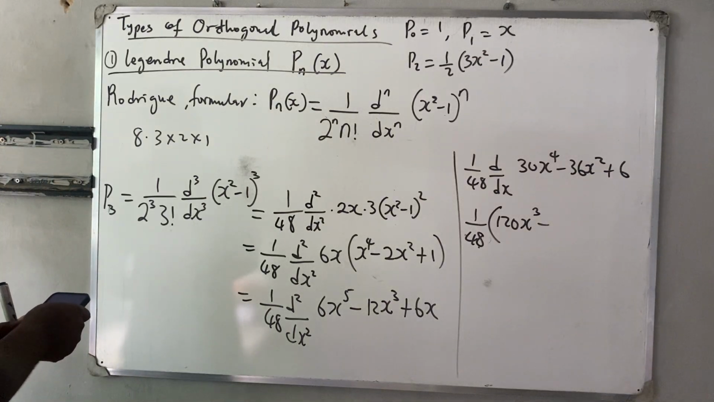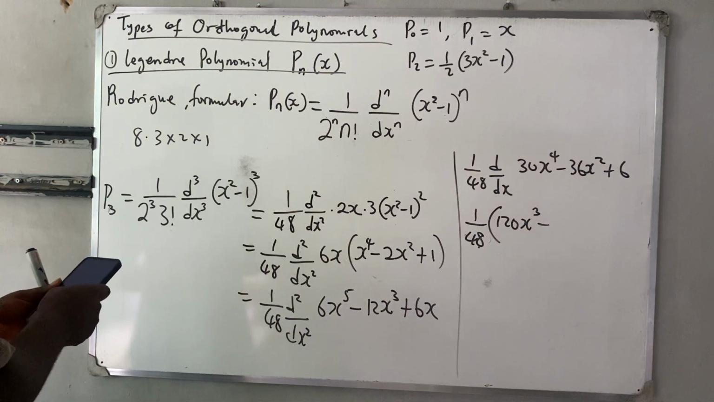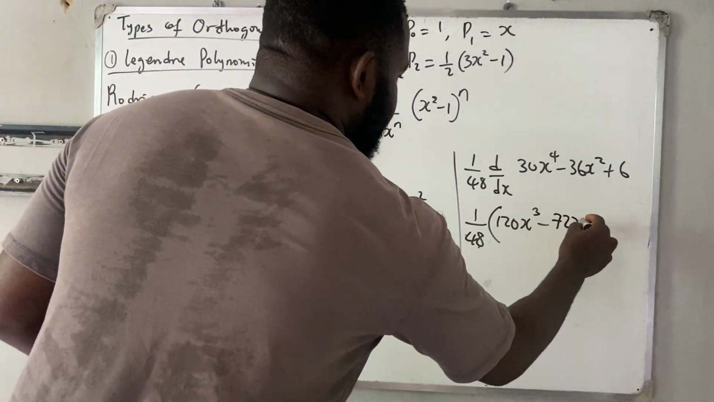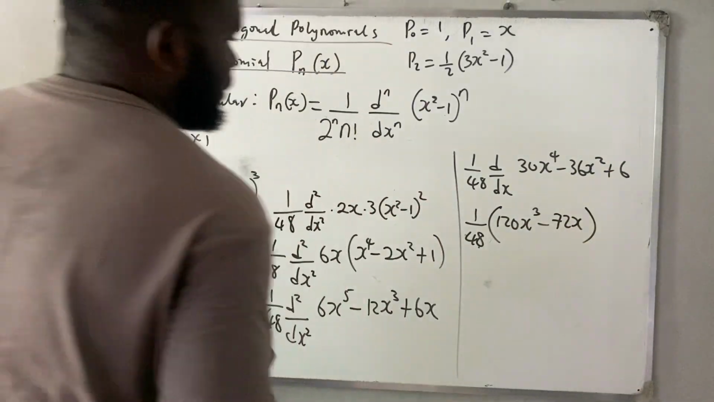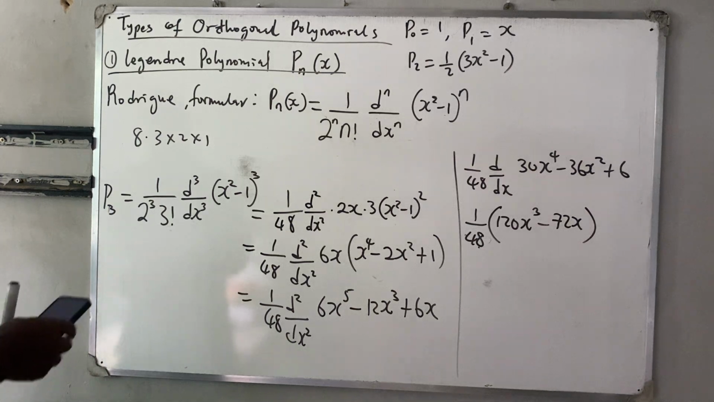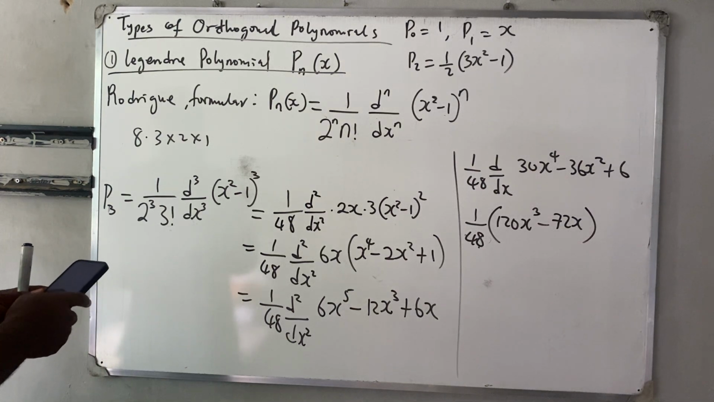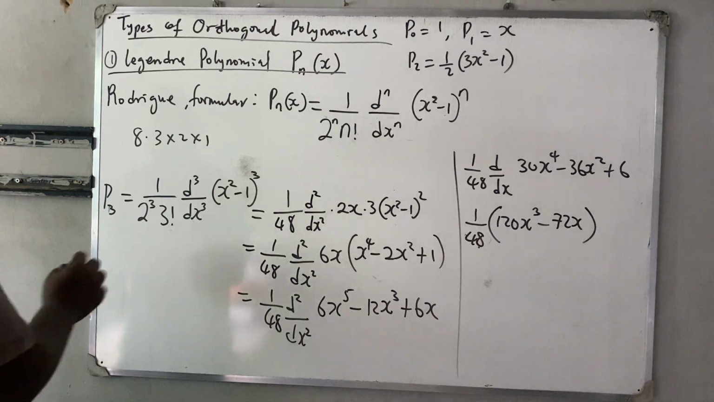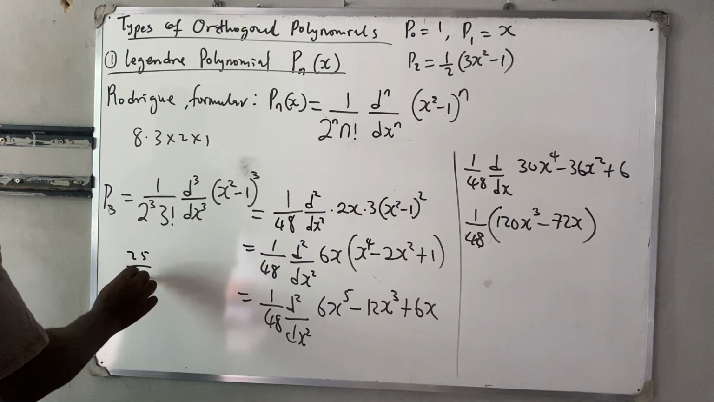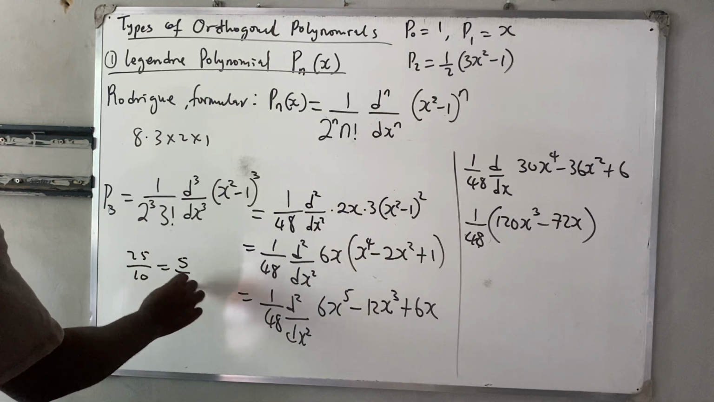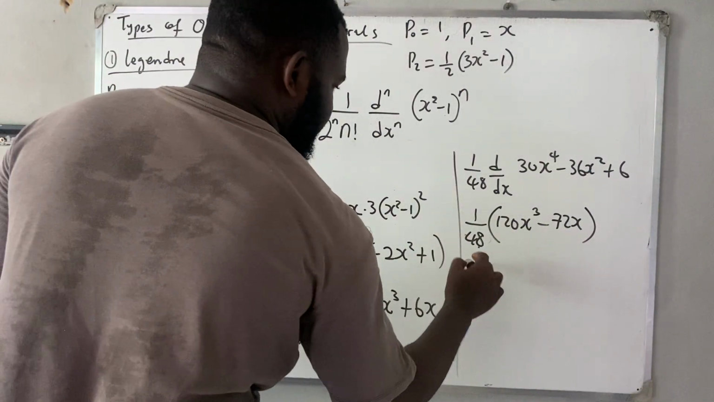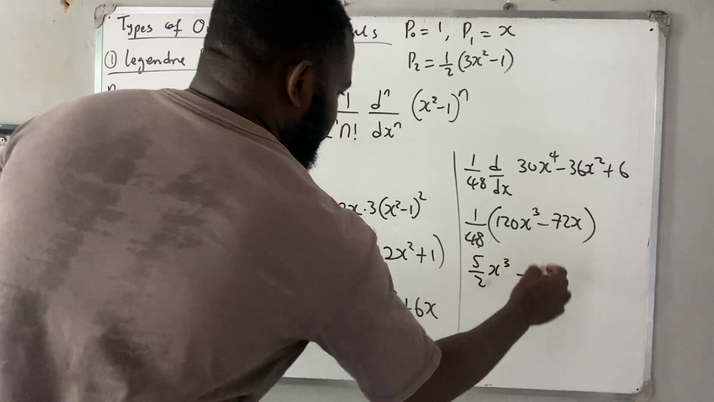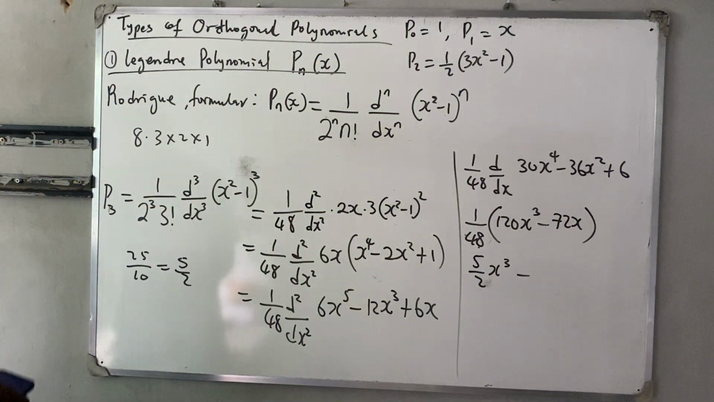please permit me to use my calculator. 36 times 2. Okay, 72. So I have 72x. Then this one is gone, I believe. Okay, so now 120 divided by this. 120 divided by 48. So I'm having 2.5. And 2.5 is 25 over 10, which is 5 over 2. Okay, so this time this is giving us 5 over 2x cubed minus, so we have